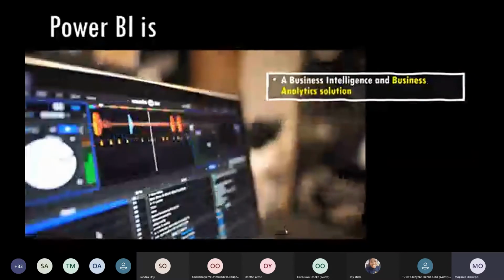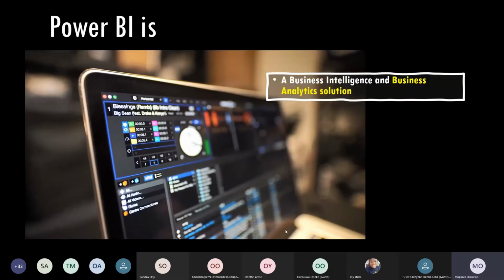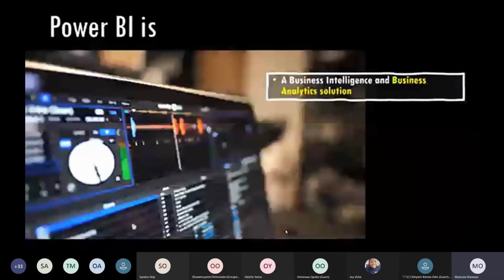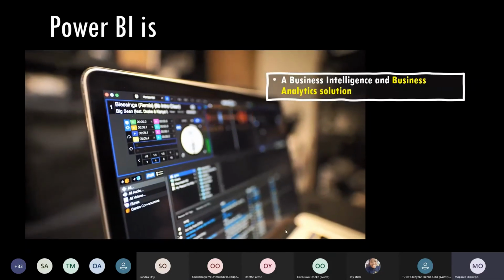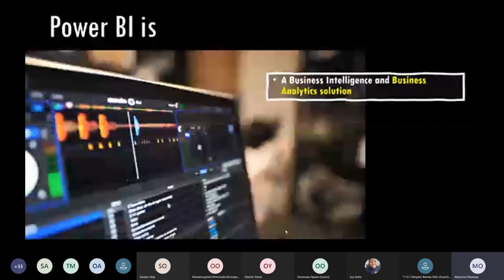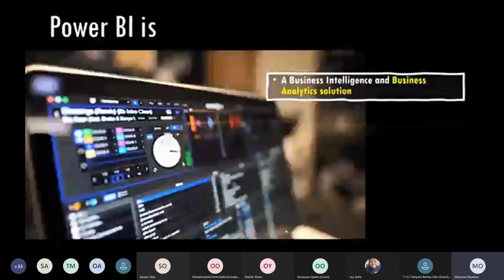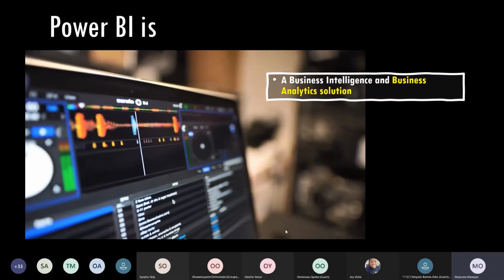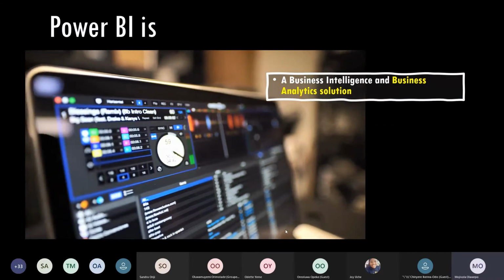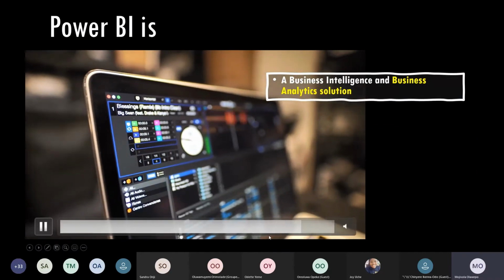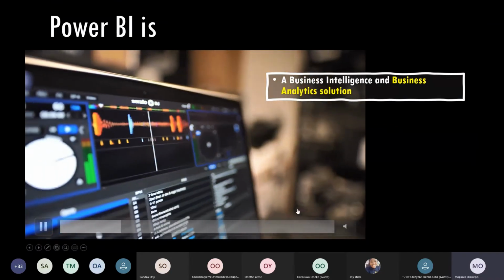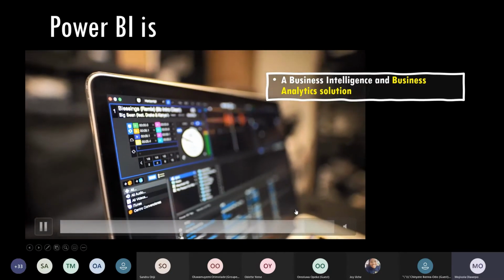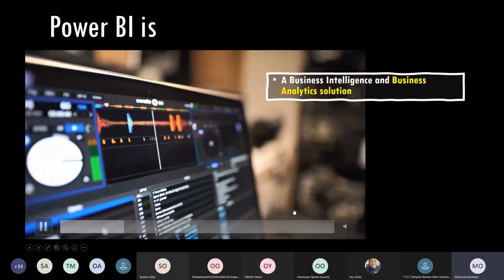So if you say that you are in a job role that is not business intelligence, I don't believe there is any role that does not require you to think through what you are doing. When you think through things, basically you are using a form of intelligence on your job. So definitely you need to use a tool that drives intelligence. Like I said yesterday, sometimes we do some form of function and people don't realize what we do, and that's because we don't have it recorded somewhere. We are just working. So it is always good, if you believe that you need to project some insights around the function you are doing,